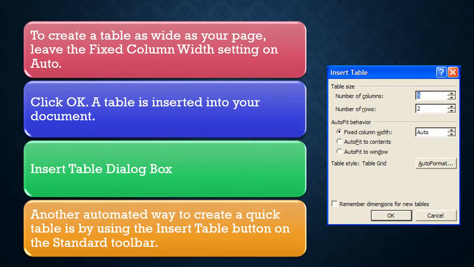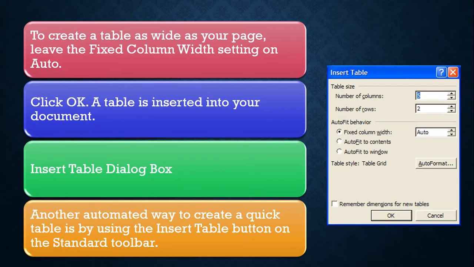To create a table as wide as your page, leave the fixed column width setting on auto. Click OK. A table is inserted in your document. Insert Table dialog box. Another automated way to create a quick table is by using the Insert Table button on